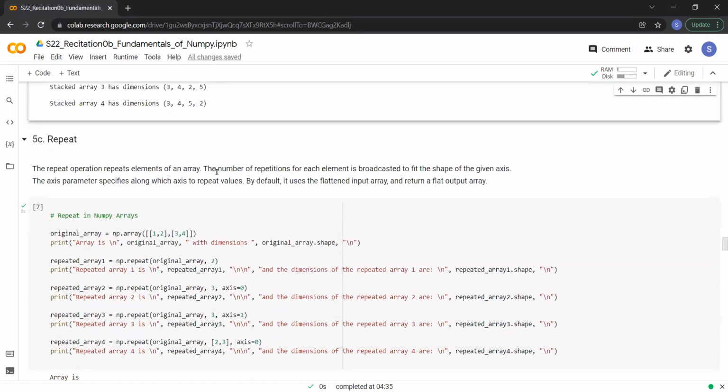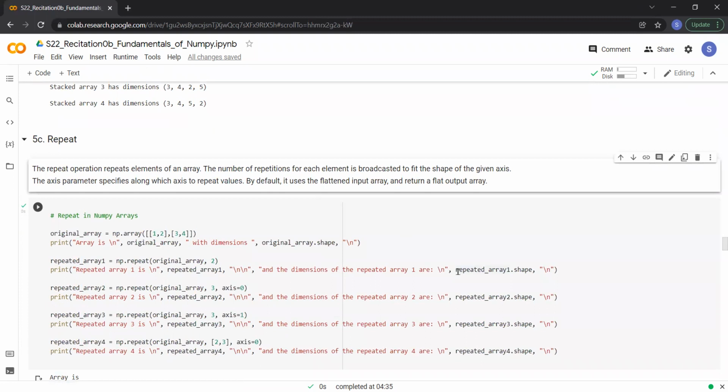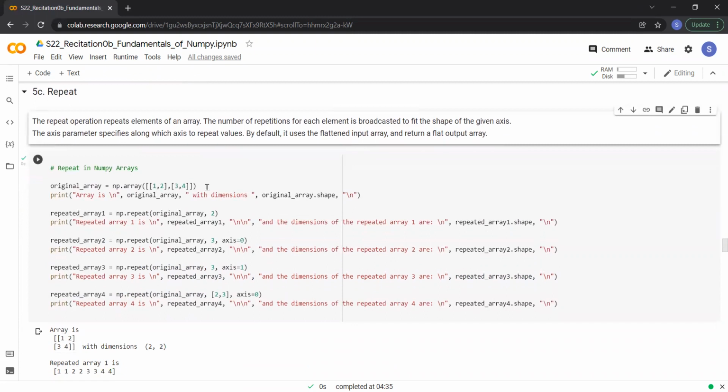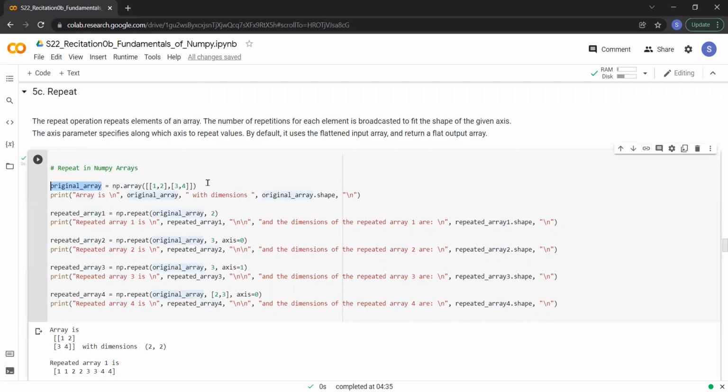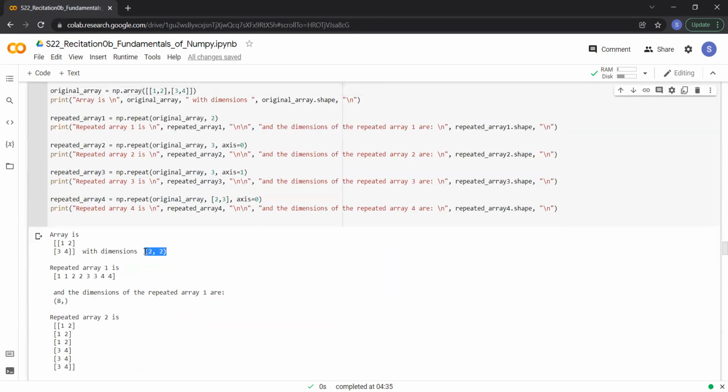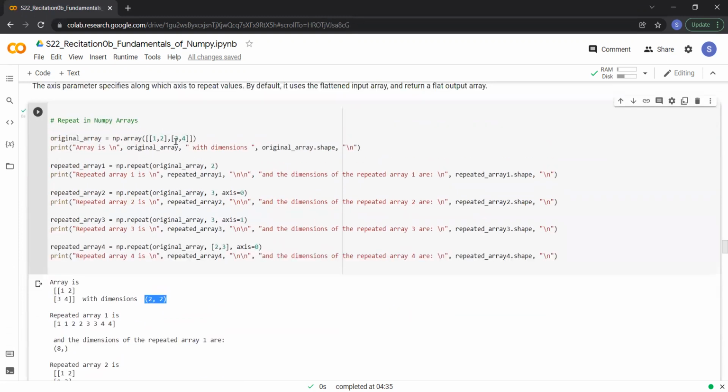Lastly, we have the repeat operation. The repeat operation basically repeats elements in an array, and the number of repetitions for each element is broadcast to fit the shape of the given axis. Let's say we have an array named original_array of shape 2, 2 with elements 1, 2, 3, and 4. If we pass this original array to the repeat function with the number of repetitions as 2, without specifying the axis along which we want to repeat,